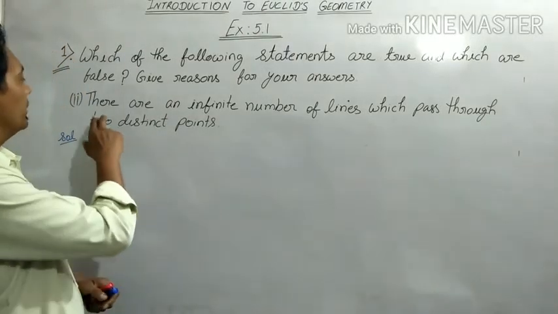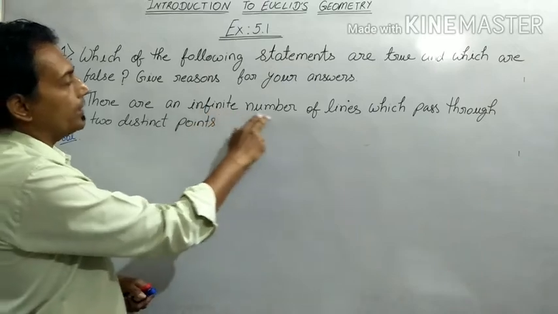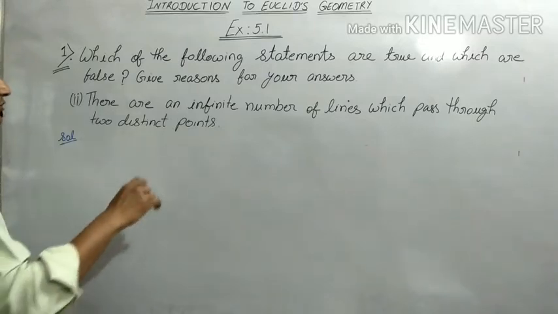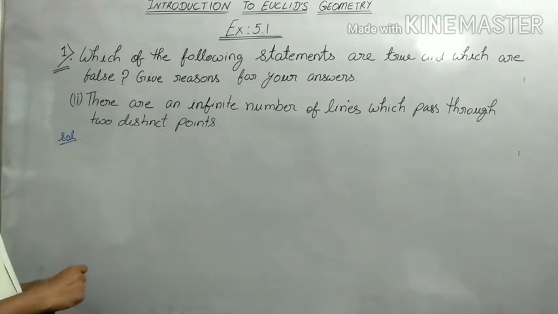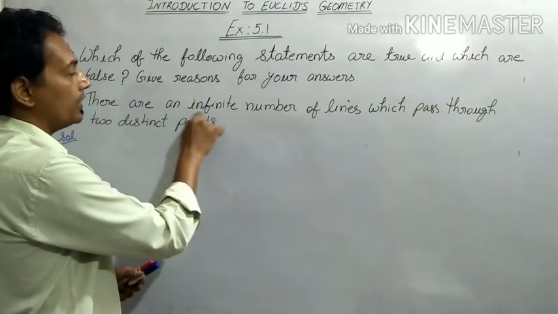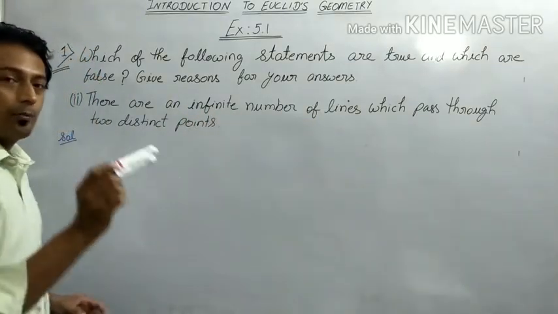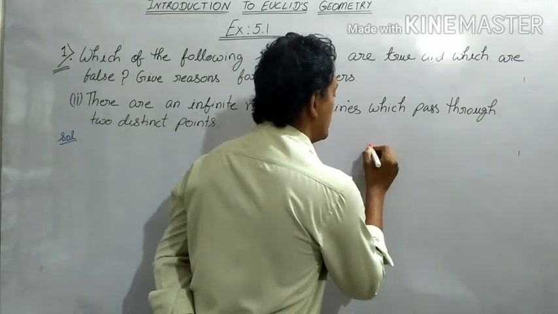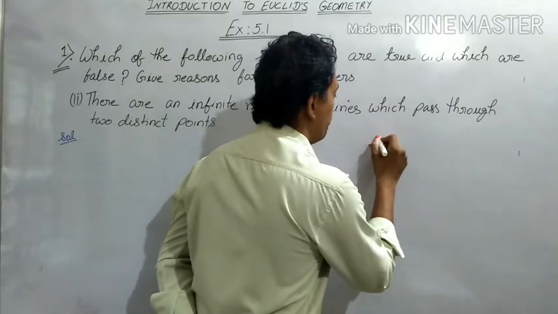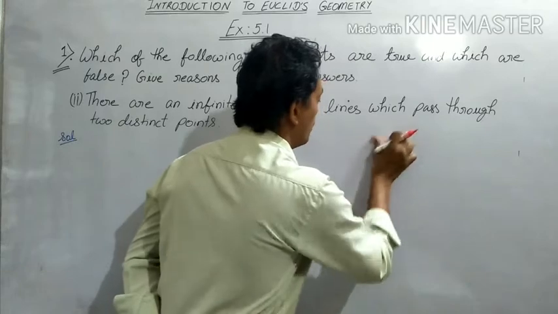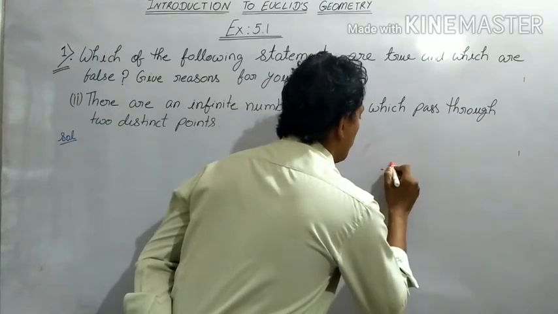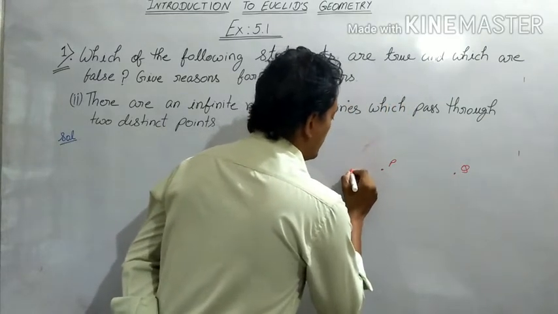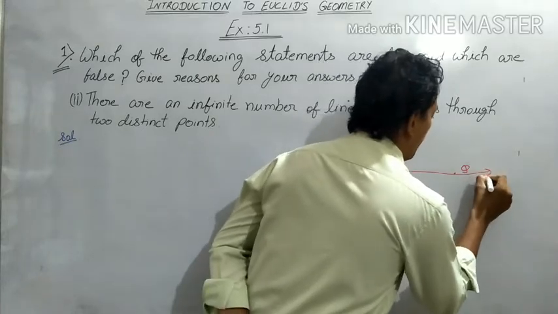Second statement we have, student, there are an infinite number of lines which pass through two distinct points. That means if we have two distinct separate points, then the statement says there are indefinite number of lines which can pass through these two separate points. Let's check it. Now imagine, student, this is one point, let's say P, and there is another point which is Q. Now there are some lines passing through these two points. Okay,